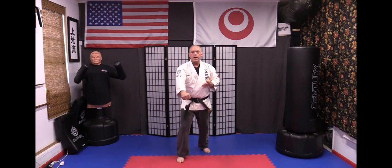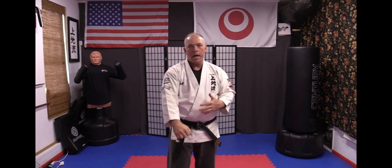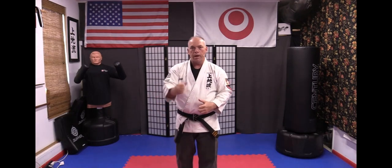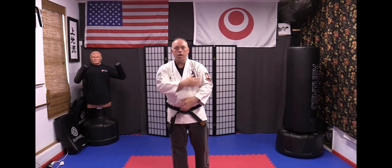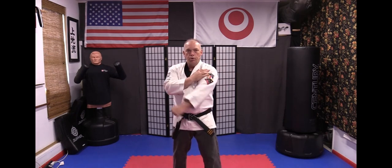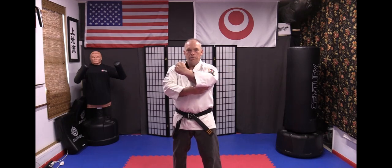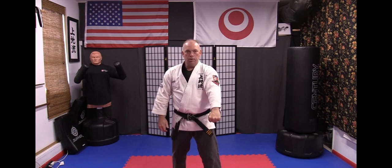All right? If you're not using the power of your shoulder and your lat muscles to be able to pull that block, it's not going to be able to defend against a strong front snap kick or a roundhouse kick or even a low hard punch. All right? You need that technique. You need that power coming from your shoulder and your lats. So you want to feel that part of your body pushing your block down. All right? So you're coming out, you're leaving your arm slightly bent, it's coming down, blocking, and then you come into your